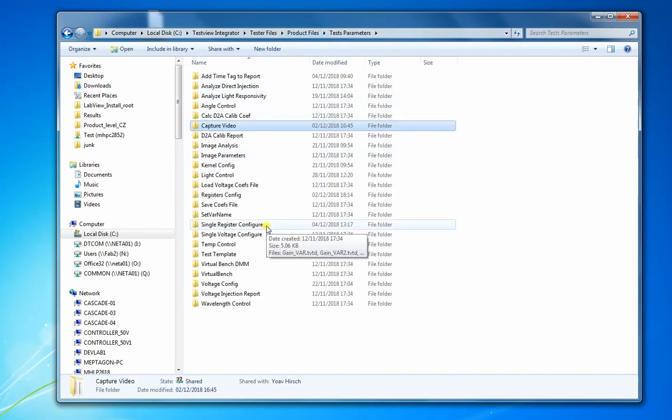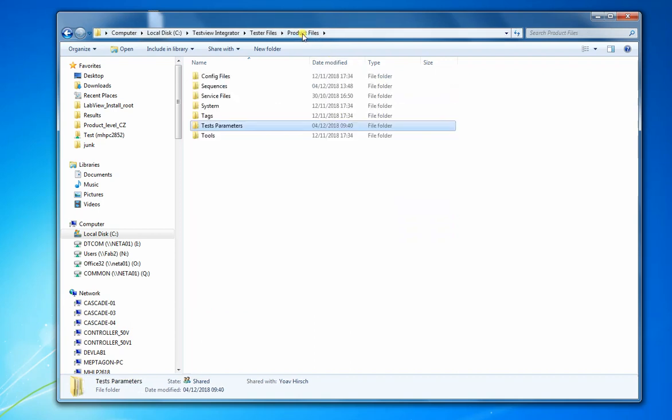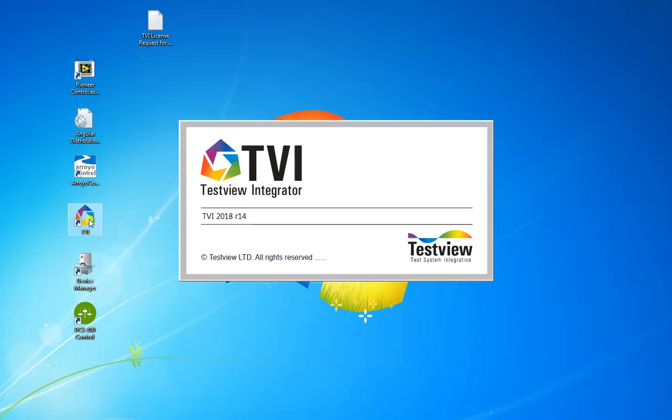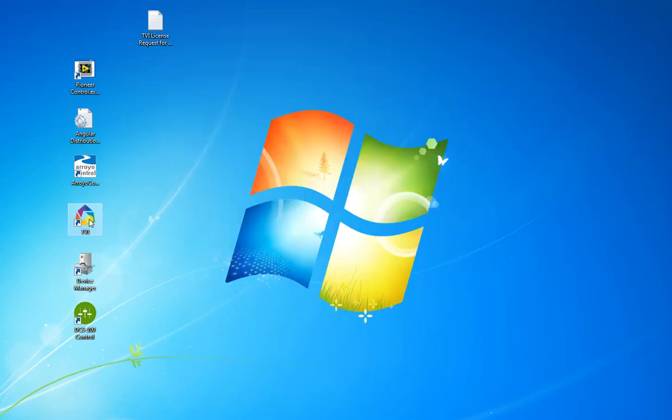But let's now dive into the main subject of this video, which is where we store the results of all the tests that we are doing. For that purpose, let's start the TVI, and it is very important to show it from the beginning, because we're going to have many folders and subfolders.